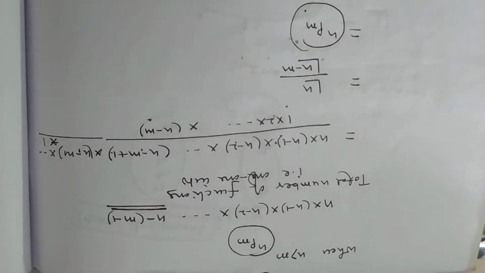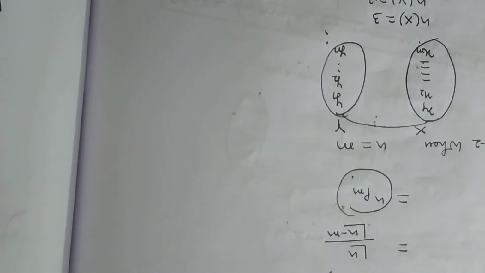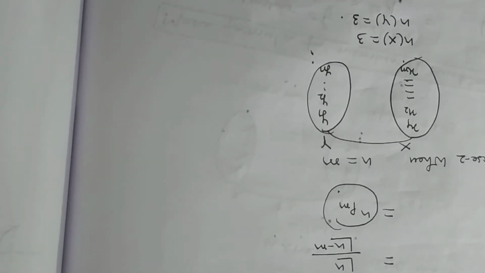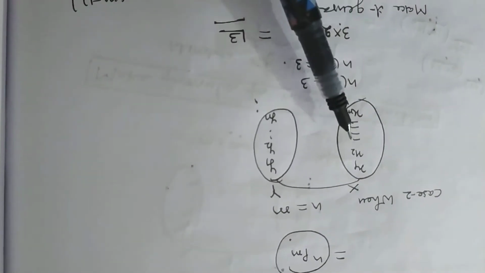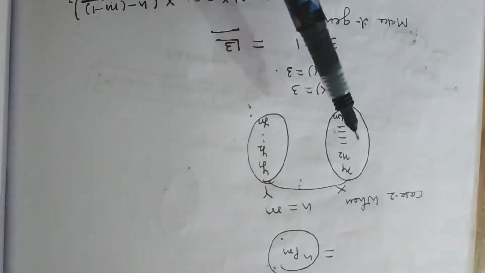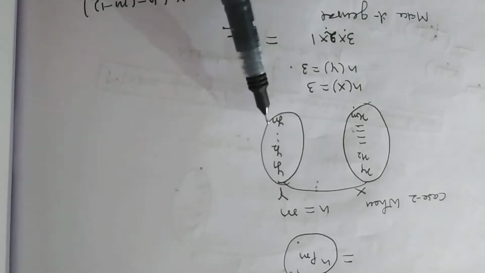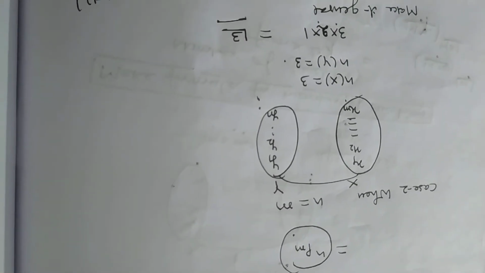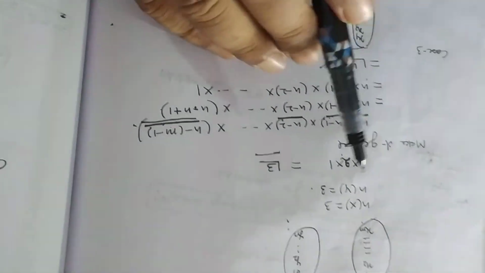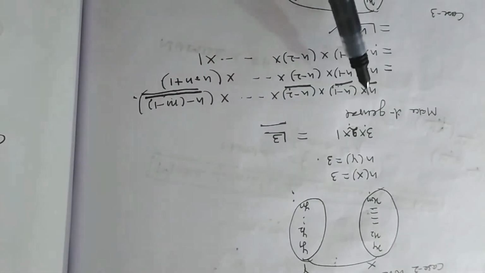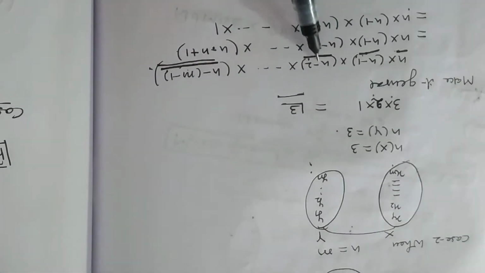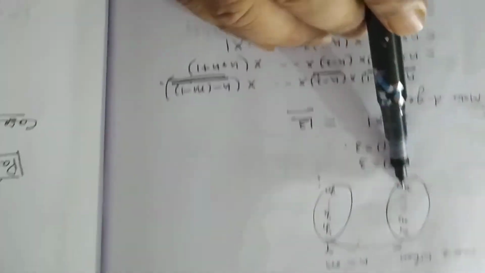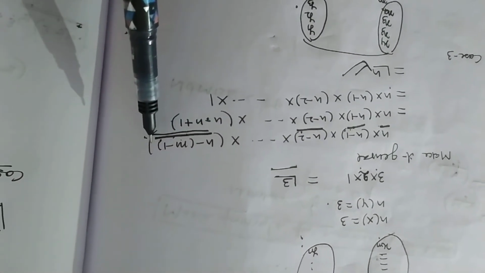Second case, when n is equal to m, what do we observe? The cardinal number of domain is equal to the cardinal number of codomain. Then x1 has how many possibilities? 3 possibilities. x2 has 2 possibilities. So it will be 3 into 2 into 1, that is factorial 3. Now make it general. x1 has n possibilities, x2 has n minus 1 possibilities, x3 has n minus 2 possibilities, and xm has n minus m plus 1 possibilities.